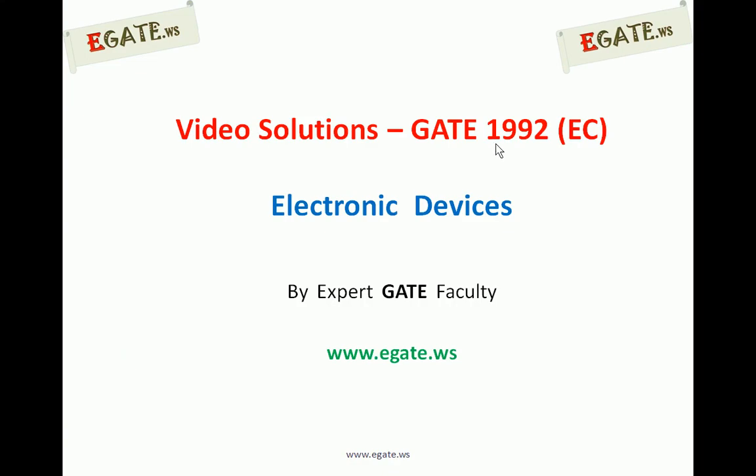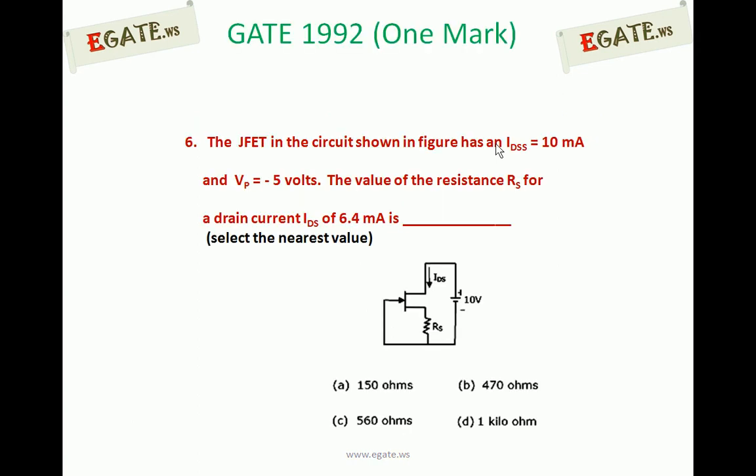Hello, we are discussing the GATE 1992 ECE paper. The topic we are discussing is electronic devices. This is the sixth one-mark question that came in GATE 92. The JFET in the circuit shown in the figure has IDSS of 10 milliamperes, that is drain